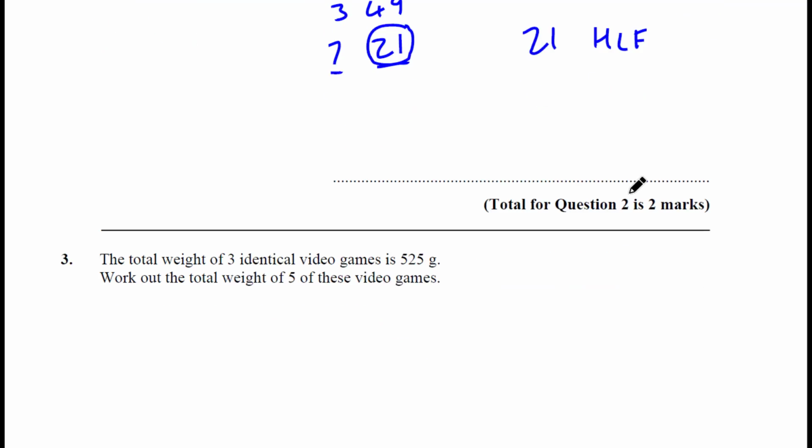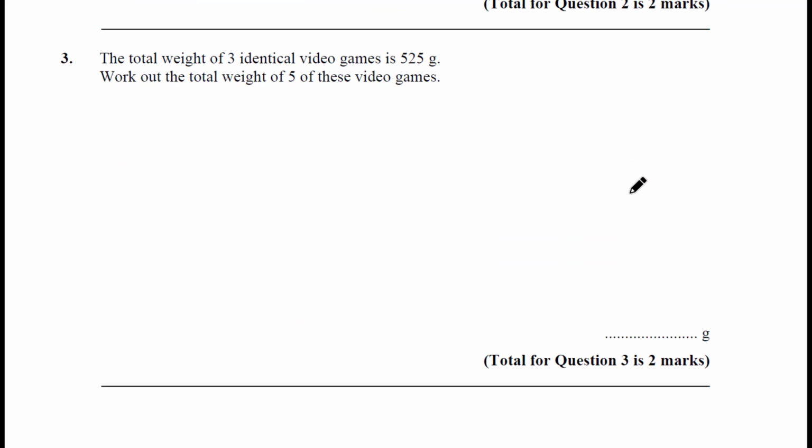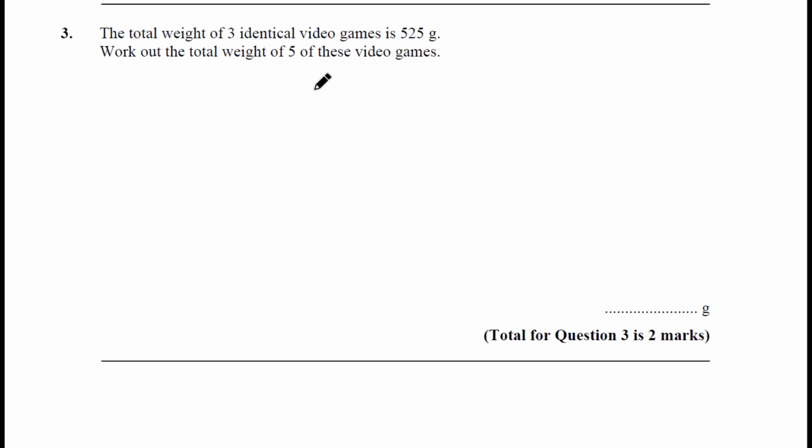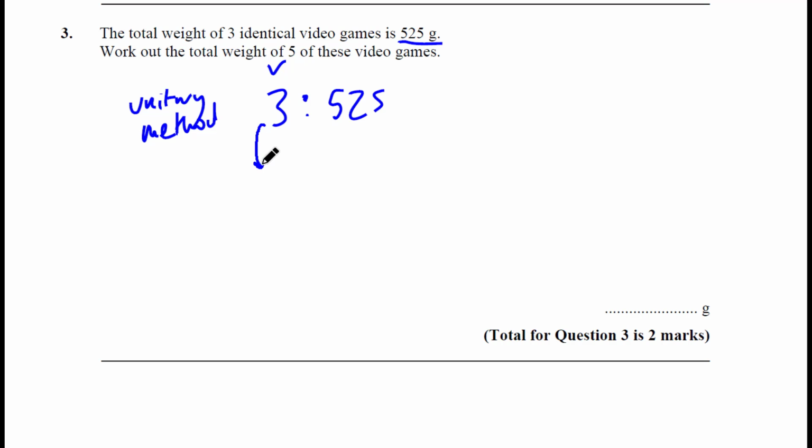So let's go down to question 3. The total weight of 3 identical video games is 525 grams. Work out the total weight of 5 of these video games. So we can say 3v, I'm going to use this as a ratio question, is 525. We're going to use something called a unitary method. So we're going to bring that down to 1